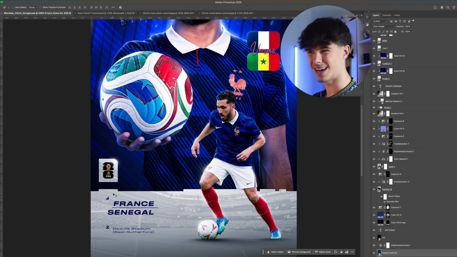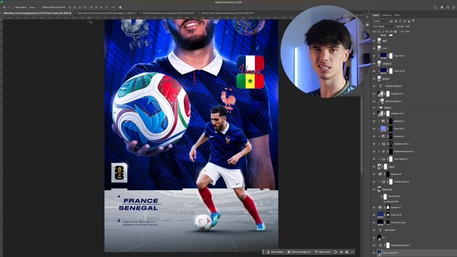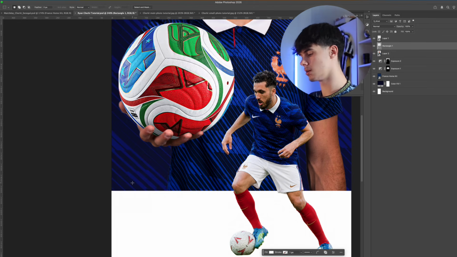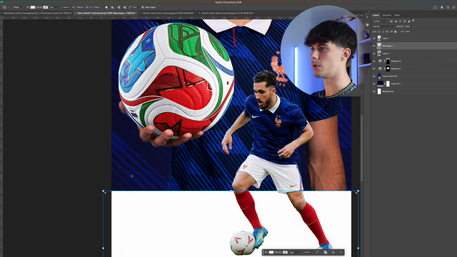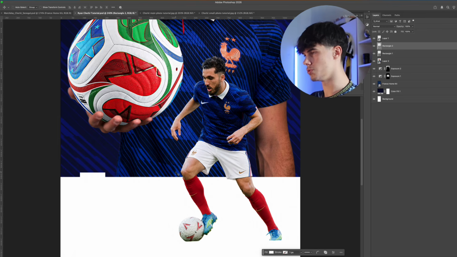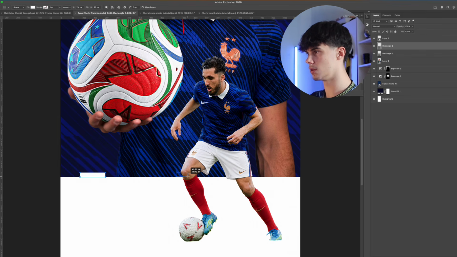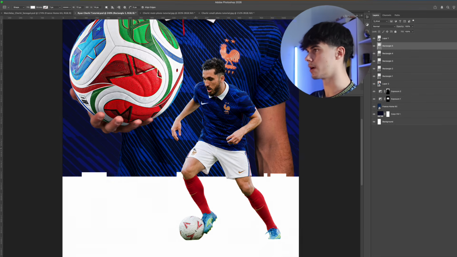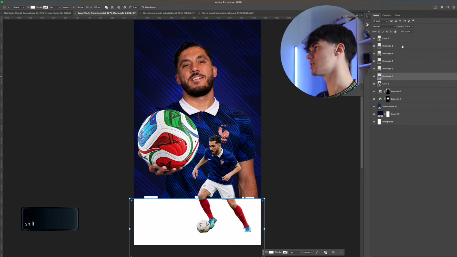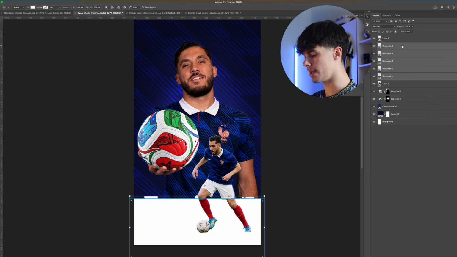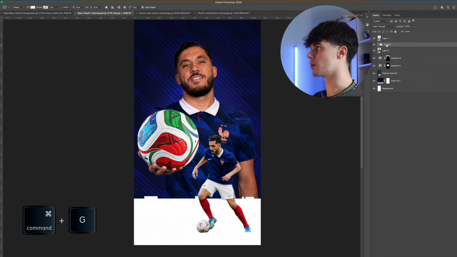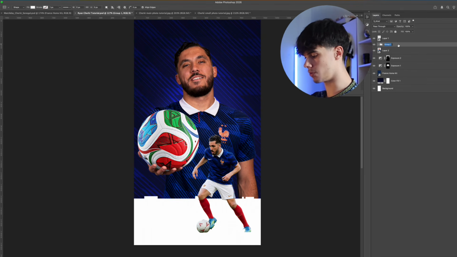So a nice technique that I did here is to create smaller rectangles up here, to make the smaller box a bit more interesting. So having the same settings and the rectangle tool, we're going to create some smaller ones and move it to this rectangle, maybe somewhere here, and a larger one right here. So now holding Shift, select all of the rectangles and Command G to make a group. You can double click and rename it